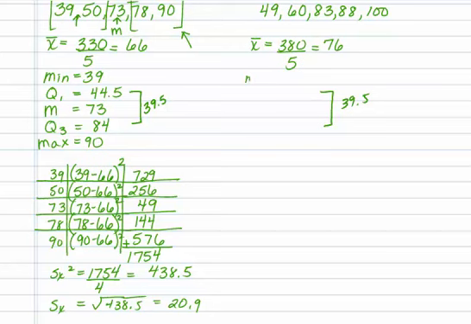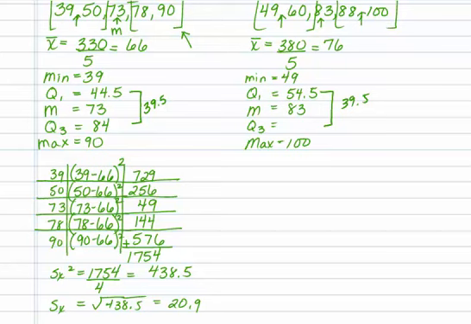The min is now 10 points higher. What about these values? I know my max is 10 points higher. My median is now 83. Well, it was 73, so it's 10 points higher. My quarter 1, or my quartile 1, is in between 49 and 60. So if I average between the two there, I'm going to get 54.5, 10 points higher from my original data. Quarter 3 is going to be 94,